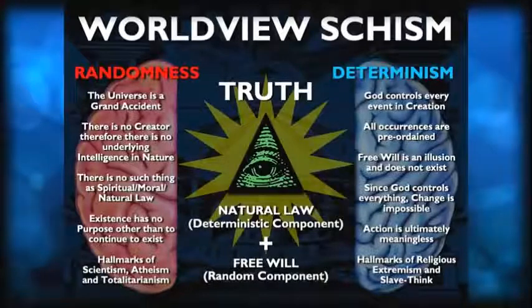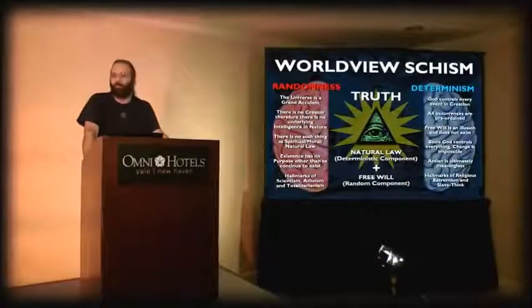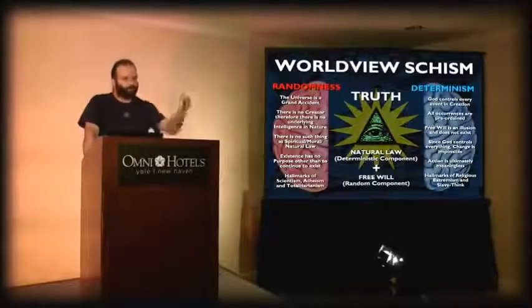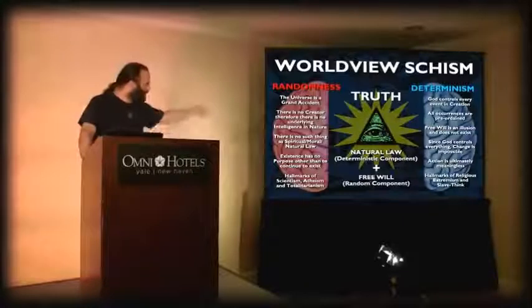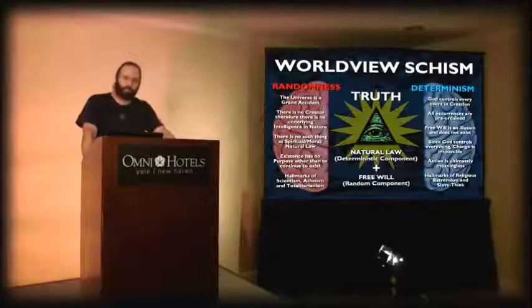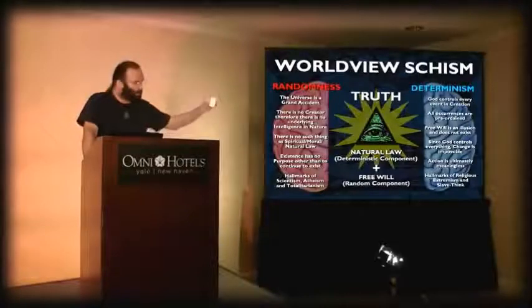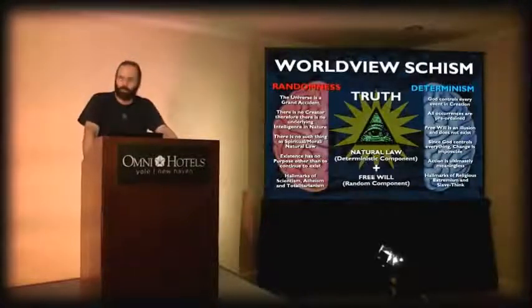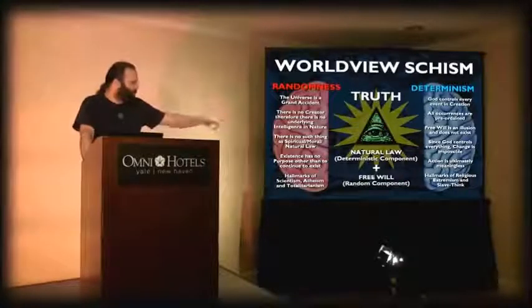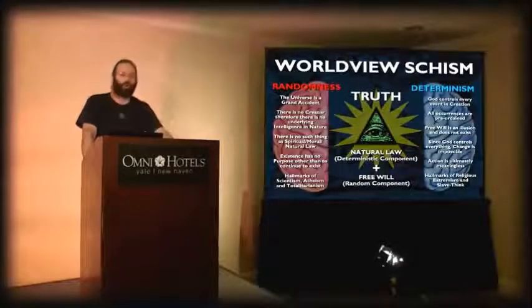Okay? So these are all hallmarks of religious extremism and what I call simply slave think, because that's what it is. Let's not euphemize anything. Let's call them what they really are. This is master think, that's slave think. And if you want a world that continues to propagate slavery, you'll stay in one of those forms of brain imbalance. And this right brain imbalance, in addition to religious extremism and slave think, is the hallmark of the New Age movement and their followers, their religious followers.